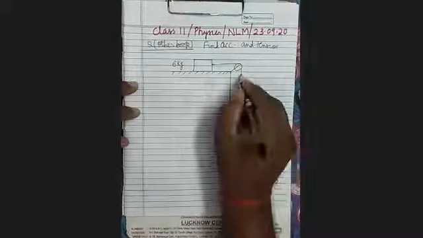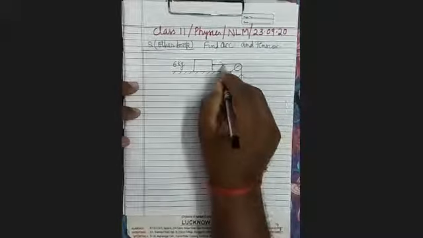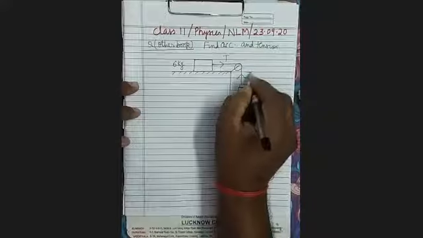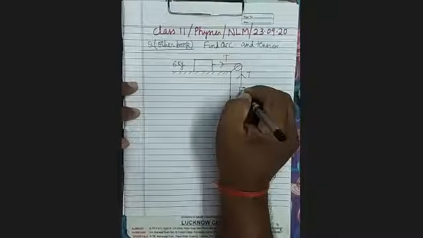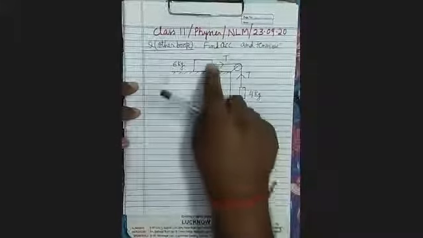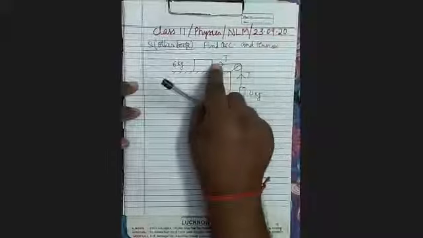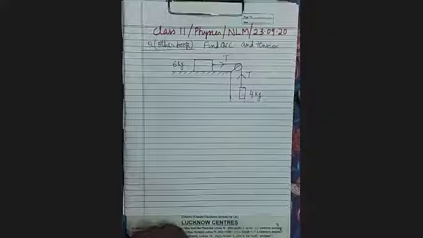So let the tension be T. And there will be a uniform tension from here to here. It is not that in this part it is T1 and in this part it is T2. And why? Because it is a single string. It is the same string. It's clear. Therefore, tension will remain the same.